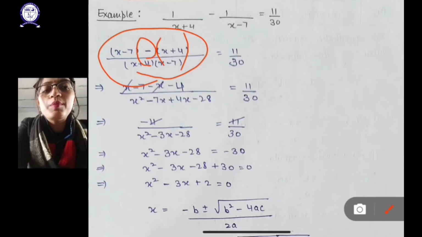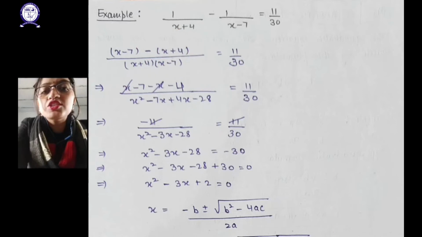Okay, whenever we open a bracket and there is a minus sign outside, the sign of the inside of the bracket changes. So here also the plus sign will change into the minus sign. So x minus 7 minus x minus 4 divided by, now in the denominator we have just multiplied both the